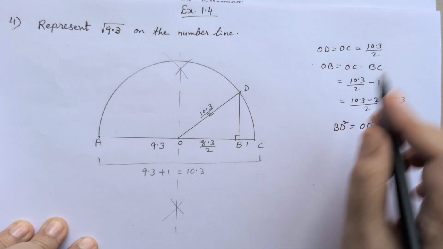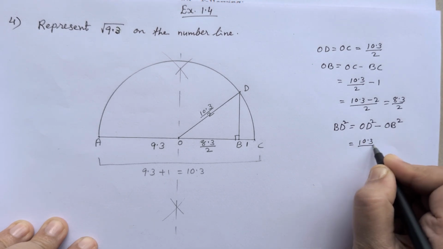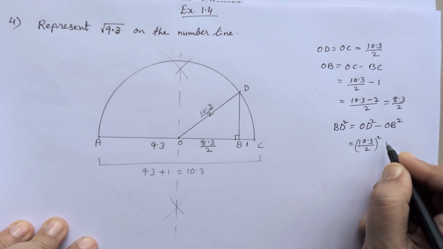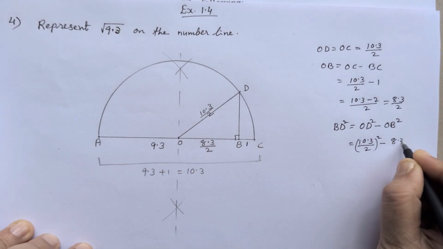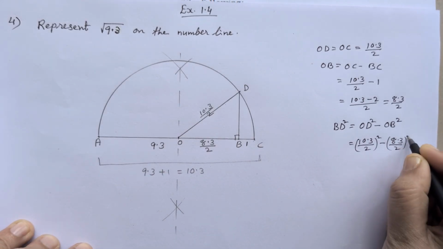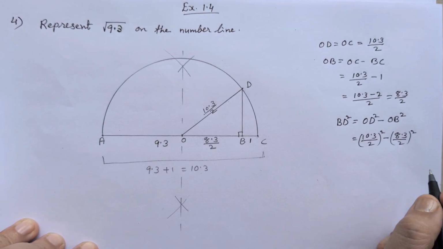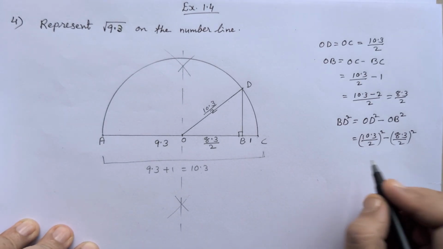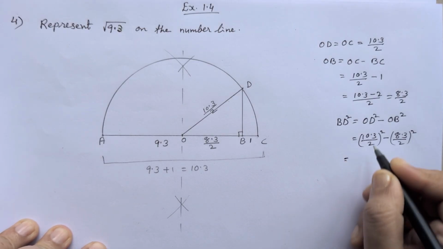Now OD we already know as (10.3/2), the whole square, minus OB, which we got as (8.3/2), the whole square. This is of the form a square minus b square. So when you get a square minus b square, we can apply the identity a square minus b square is equal to (a plus b) into (a minus b). So this we can write